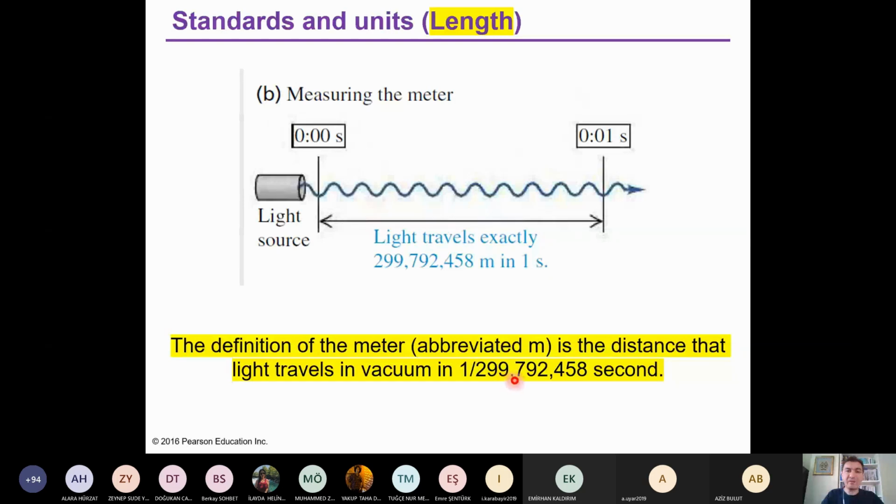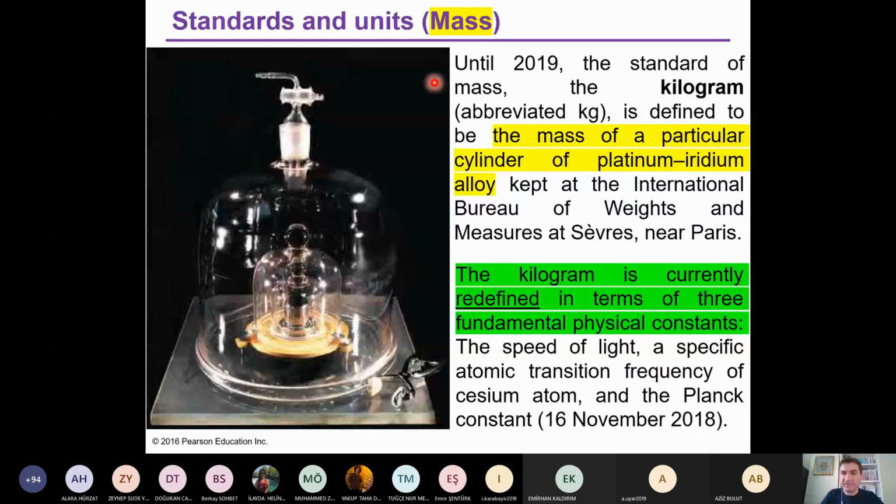And what about the standard of the mass? Until 2019, until the last year, the standard of mass, the kilogram, is defined with the mass of a particular cylinder of platinum iridium alloy. Here you see a cylindrical shape of platinum iridium alloy, like battery, you can see, okay, but pure platinum iridium alloy. It is 1 kilogram. But it changed in